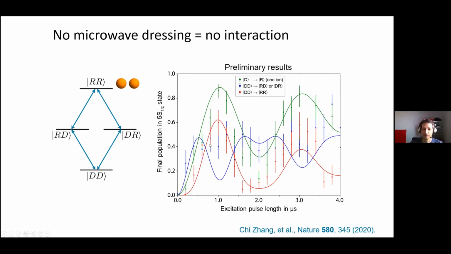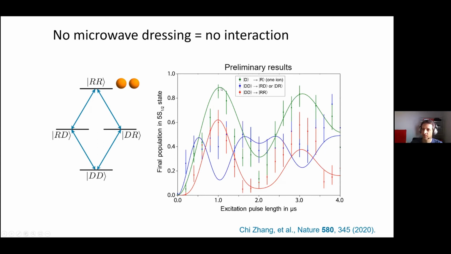We can compare the signal that we get, either one ion being excited to the Rydberg state or both ions being excited to the Rydberg state, to the case where we only have one ion and we only excite one ion to the Rydberg state. So the green curve here is only one ion, Rabi oscillations of one ion, while the red and the blue curve are now two ions next to each other and both of them excited to the Rydberg state. What happens then is that the green curve has a certain probability, after a certain pulse length, of being excited into the Rydberg state. For instance, here it's